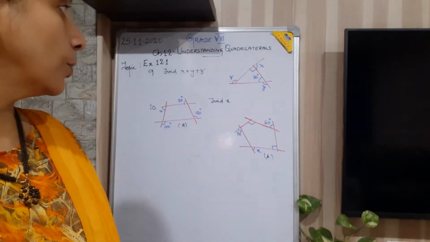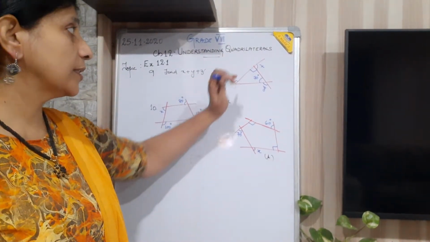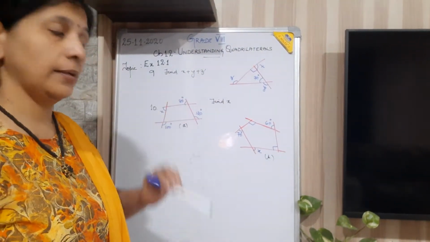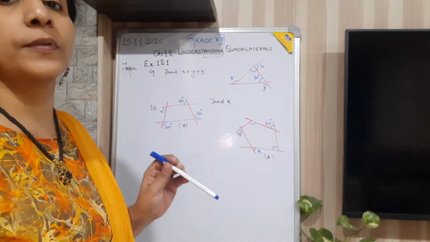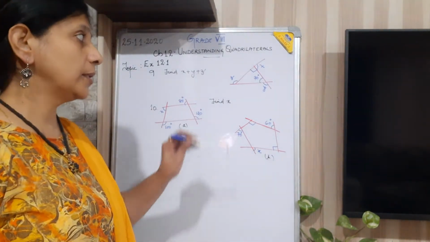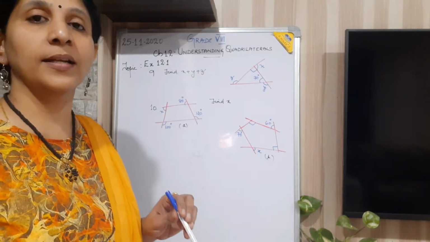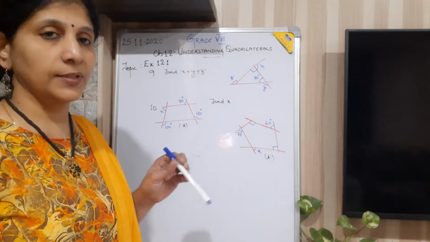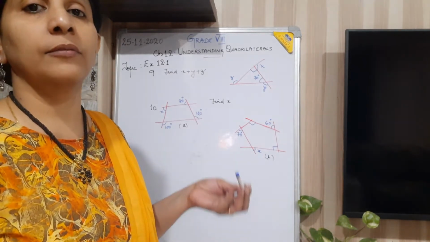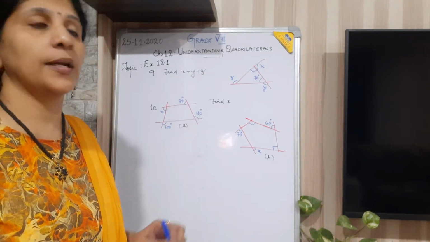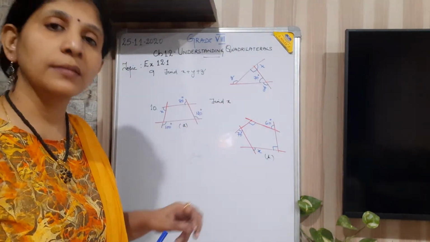Okay students, so we are going for the next question. Next question is question number 9. That is, figure is given, you have to find out x plus y plus z. Now it's not like the previous question. Previous questions you were finding the sum of interior angles. Here see that, what is it? These are exterior angles. So what is the sum of exterior angles of any polygon? It is 360 degree, whatever the sides may be. Sides can be 4, 5, 10, 15, whatever it is, the sum of all the exterior angles will be 360. So here x plus y plus z, you have to prove it as 360.